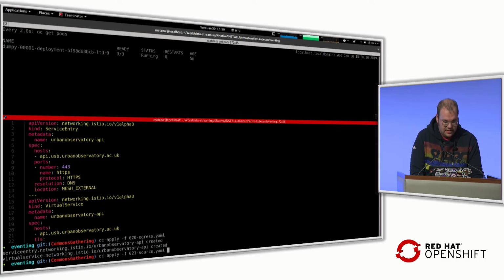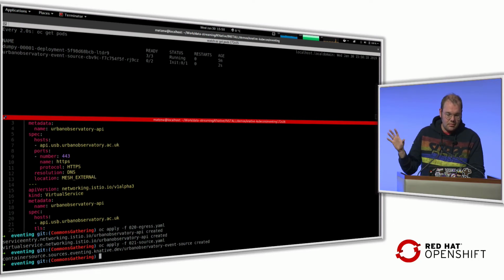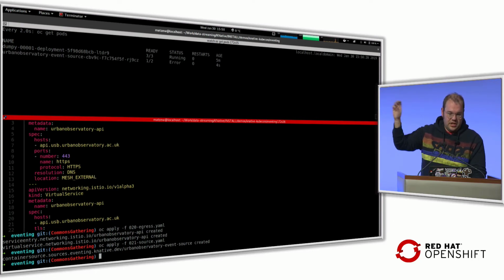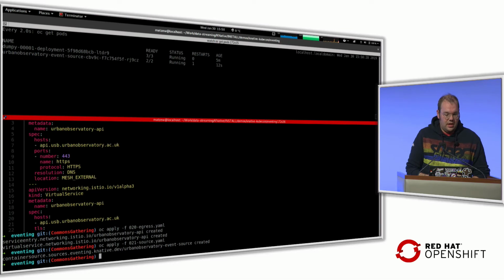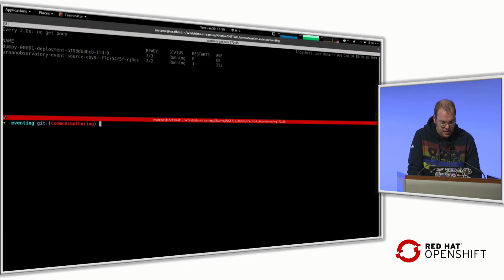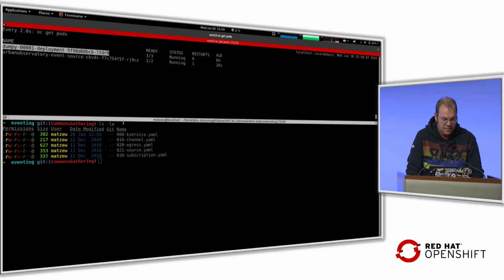What you will see is that there is another pod coming up here, which represents the container that's referenced in there, which basically does the connection to the WebSocket URL, does the transformation, and sends the events to a sink. And the sink in this case is an HTTP channel, which is not backed by any powerful messaging system. It's one of the default implementations, the in-memory channel. So last but not least, what's missing is a subscription in order to get some data into my dumpy service here.